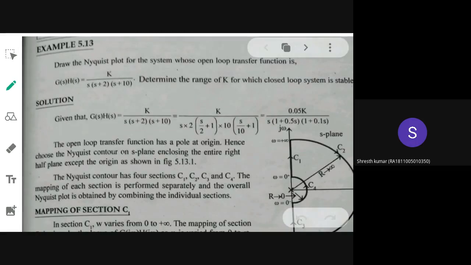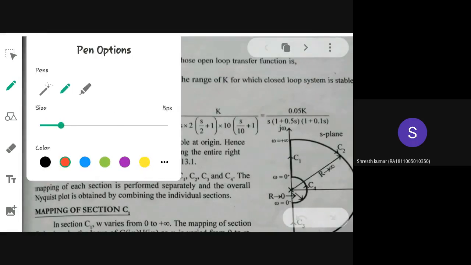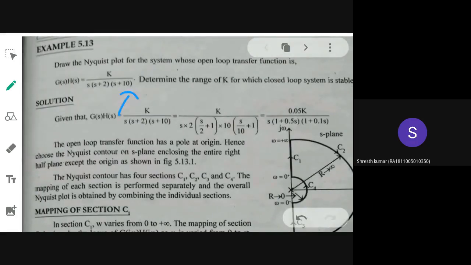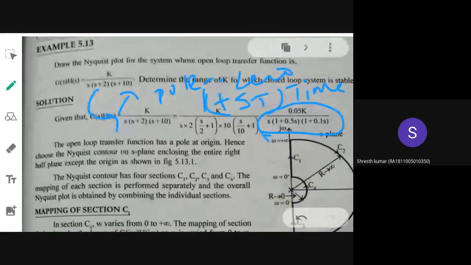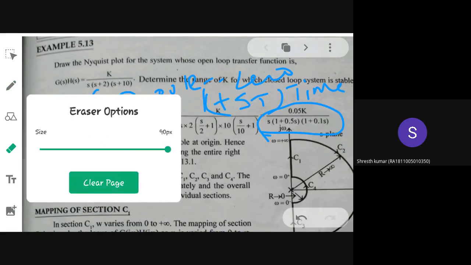So since this function that is being given here is not in time constant form, it is in pole zero form, the first step that you need to do is convert that into 1 plus sT format, that is time constant form, and you are rewriting it again. So that way the final equation will be obtained like this. Just you have taken out 2 and 10 from the denominator and you have simplified that so that you will be able to get a time constant representation. So that is your first check that you have to do for all the frequency domain plots.